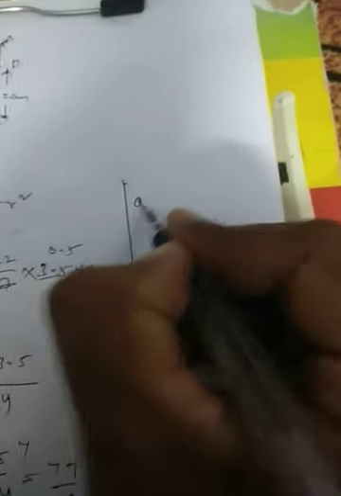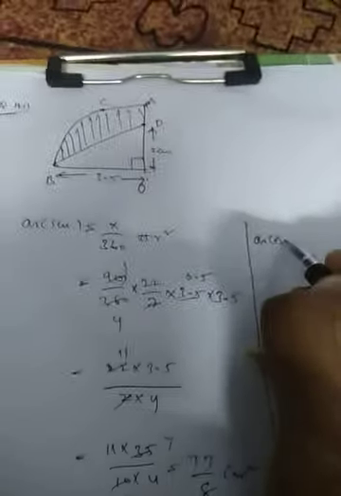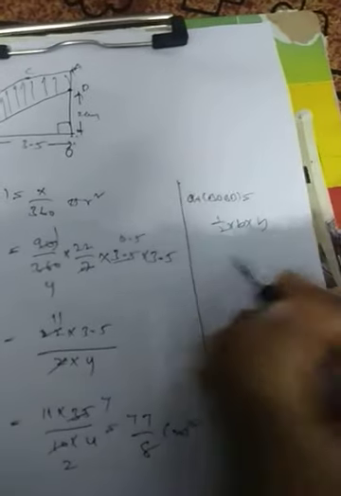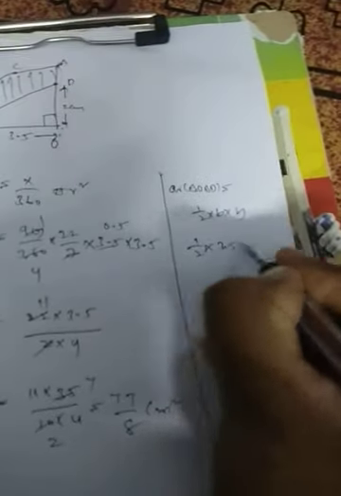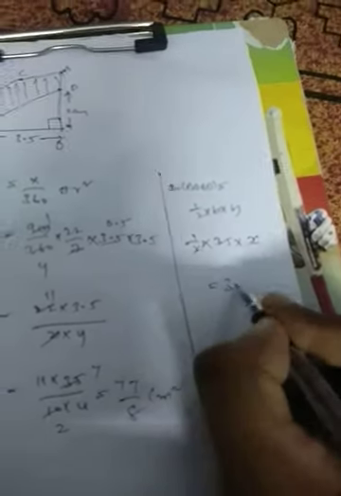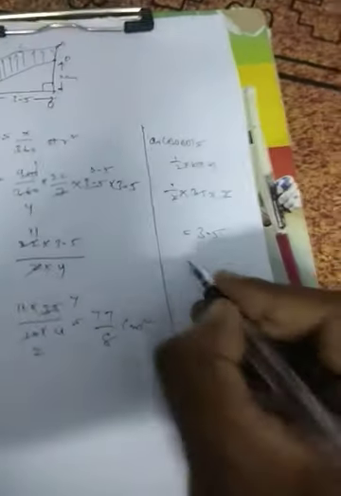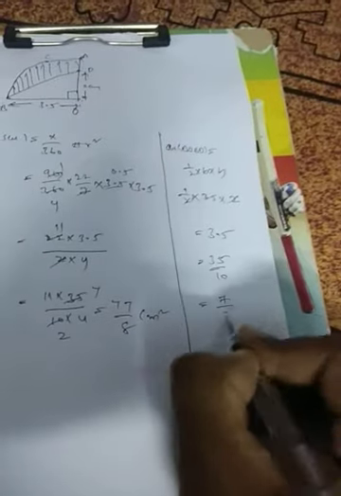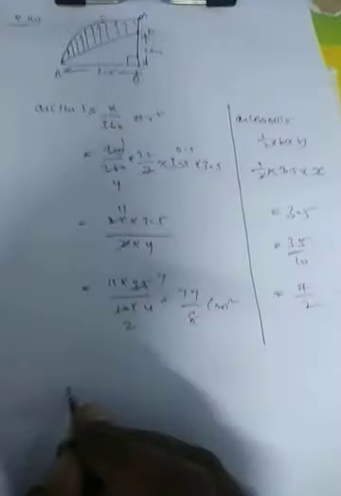Next, what we have to calculate? Total sector area we got. From that we have to cut this so that you will get the shaded portion. Now area of the triangle OBD is equal to half into base into height. Half into, what is the base here? 3.5. What is the height here? 2. This will be what? 3.5. So 3.5 we can simplify as 35 by 10, 5 sevens are 35, 5 twos are 10. So you will get it as 7 by 2.